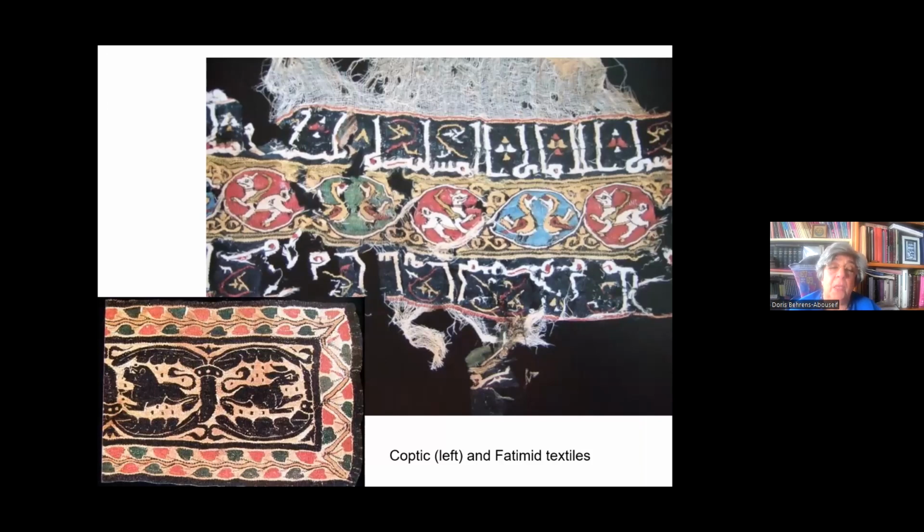Under the Fatimids, in the 10th century, 969, Egypt became Fatimid. The Fatimid Shia dynasty conquered Egypt, and Cairo was the capital now, not of a province as it had been, but now the capital of a caliphate of its own, with its own imperial art and architecture and regal culture. And much of this culture was no longer necessarily looking at prototypes outside. In other words, Cairo was the imperial capital of the Fatimids.